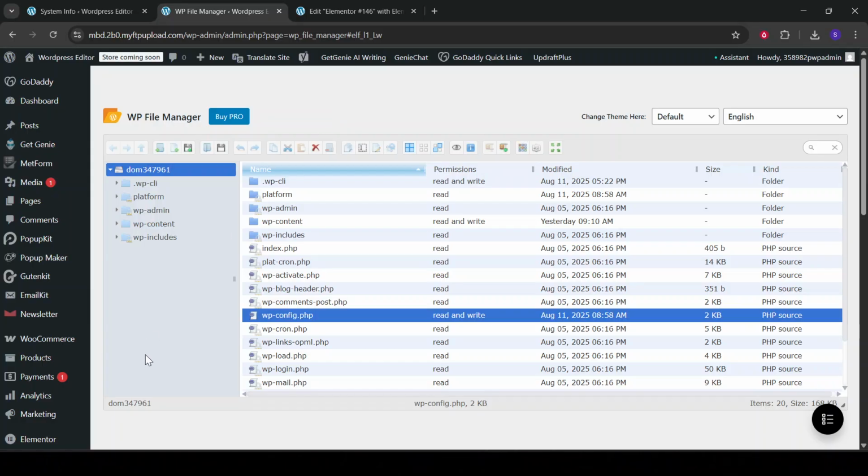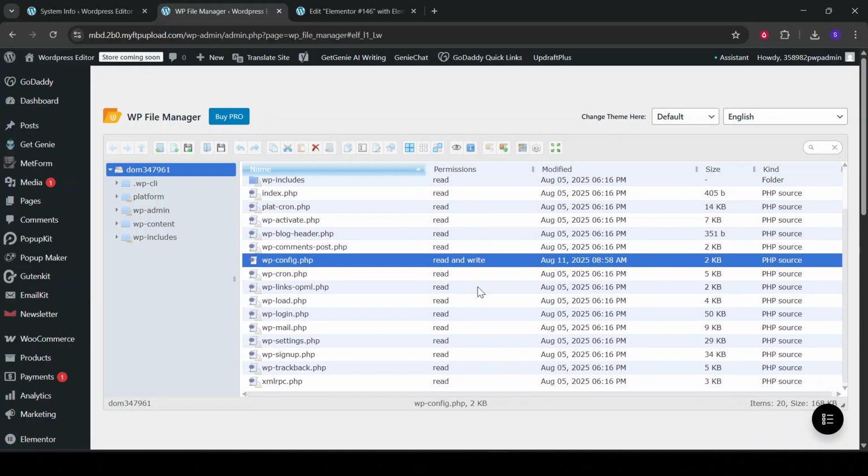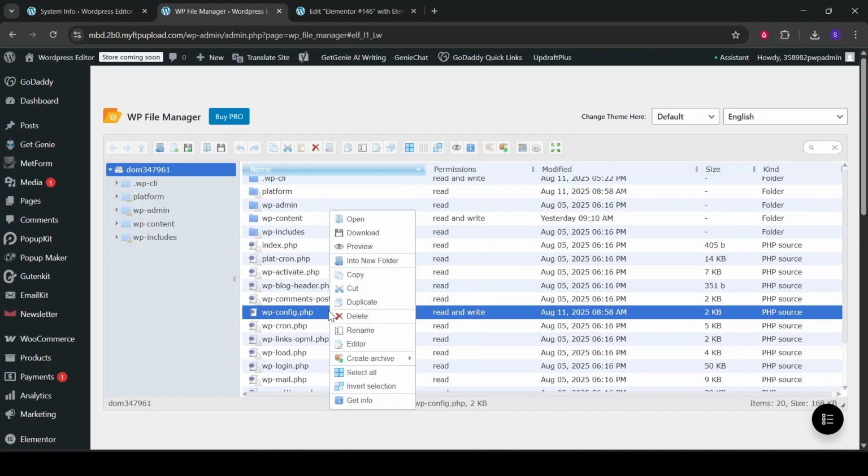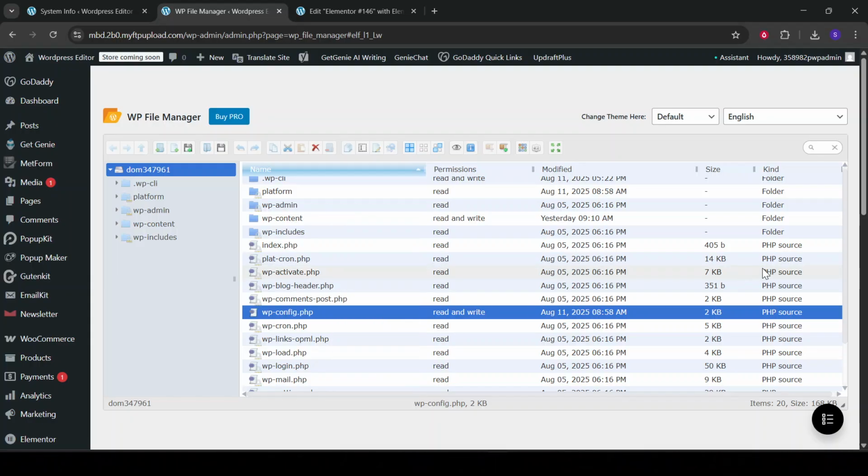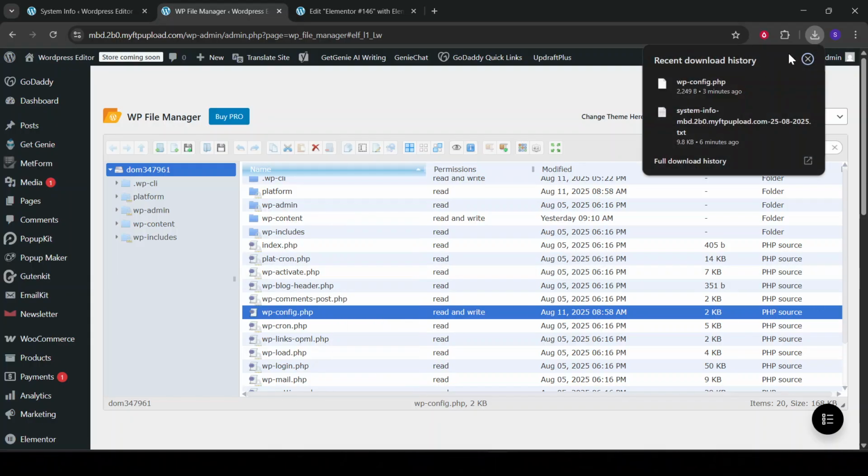When you're in the root directory, locate the wp-config.php file. This is a crucial file that manages key configurations for your WordPress site. Download a copy of this file to your local machine before making edits, as this serves as an additional safeguard. Now, open up the